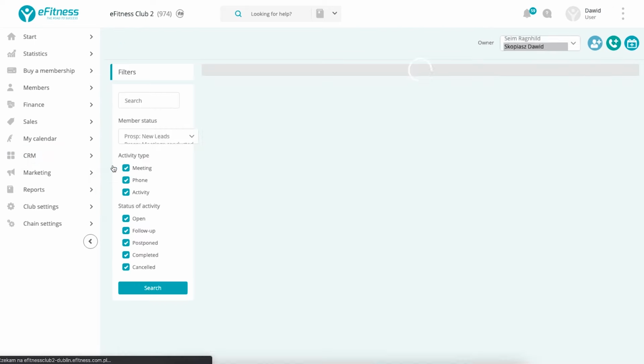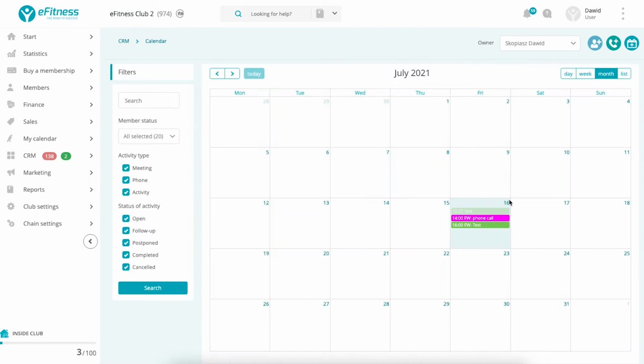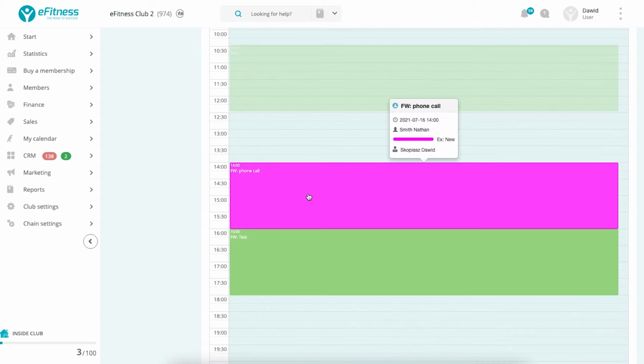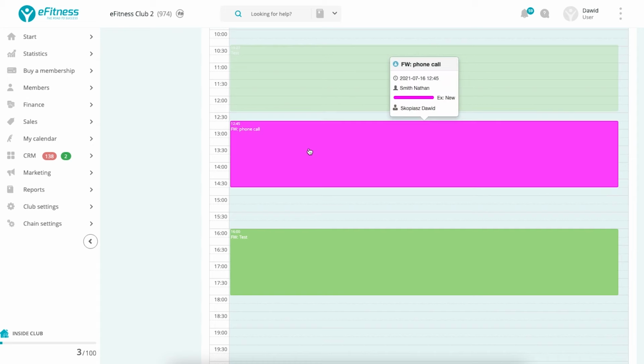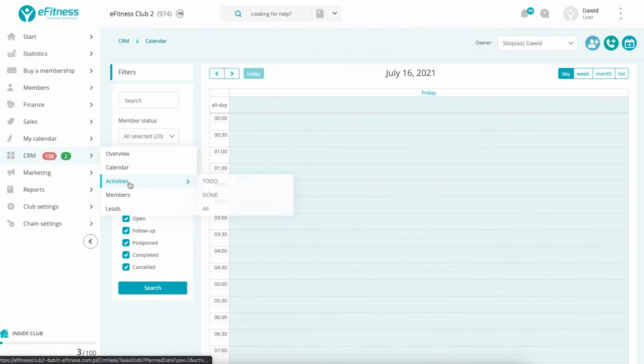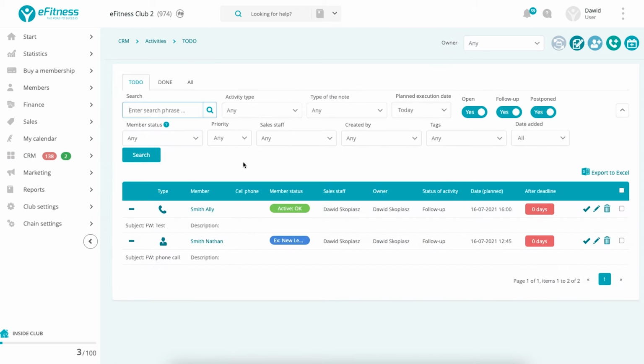Calendar view, where you manage your calendar. So it's like Google Calendar, let me go to the day view. And it's quite easy to switch the meeting from one time to a different time using the drag and drop method. And to follow up and actually do the work, you just go to activity,